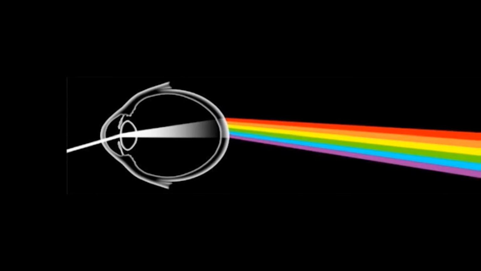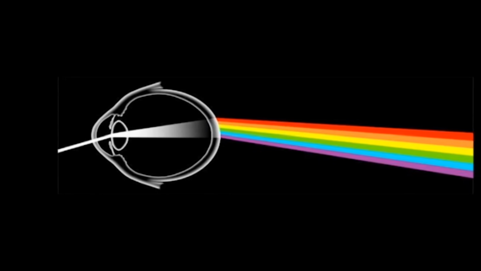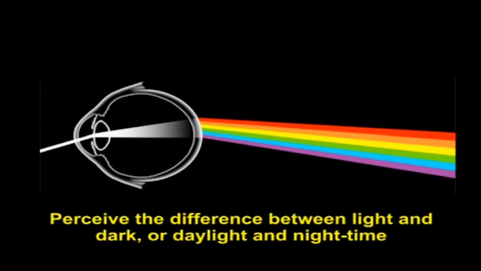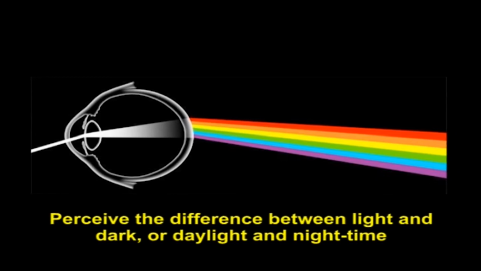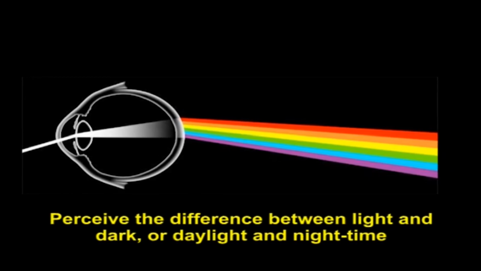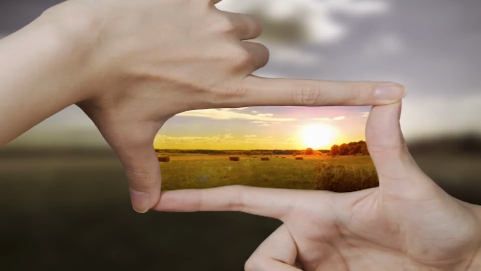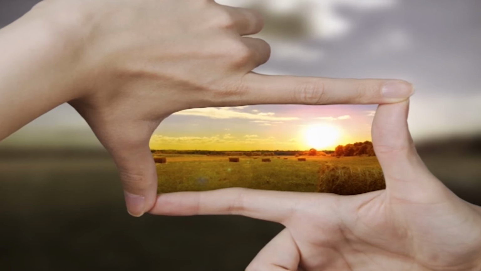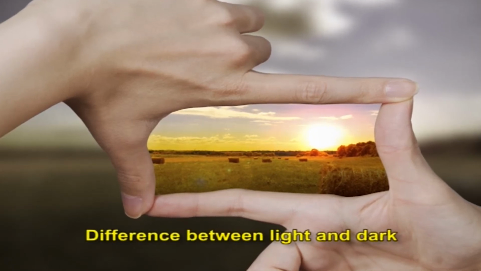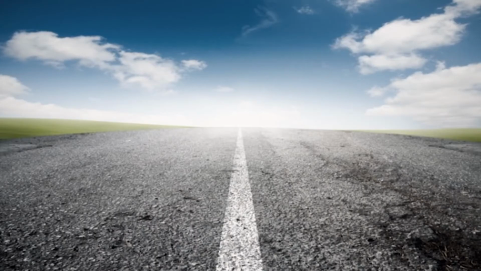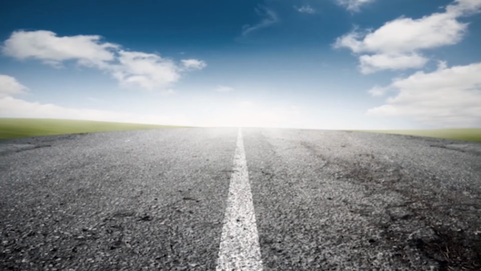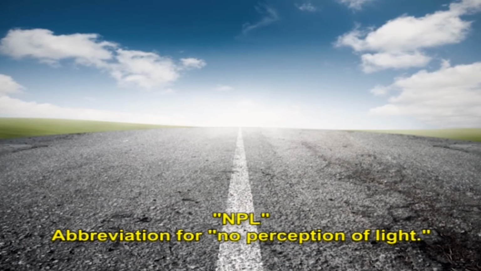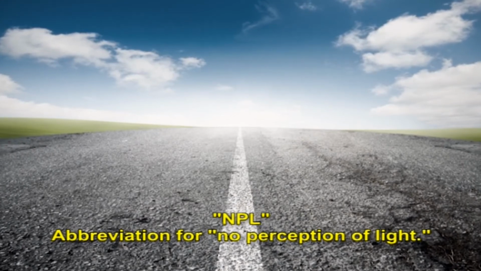In this table, PL means perception of light. Light perception describes the ability to perceive the difference between light and dark, or daylight and nighttime. An individual can have severely reduced vision and still be able to determine the difference between light and dark. The complete lack of light perception and form perception is recorded as NPL, an abbreviation for no perception of